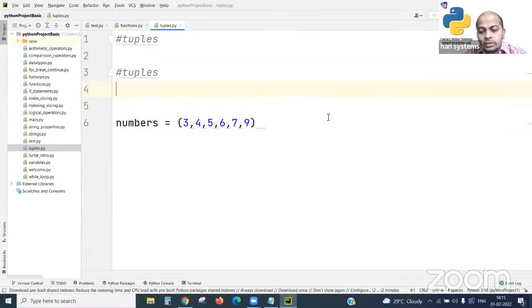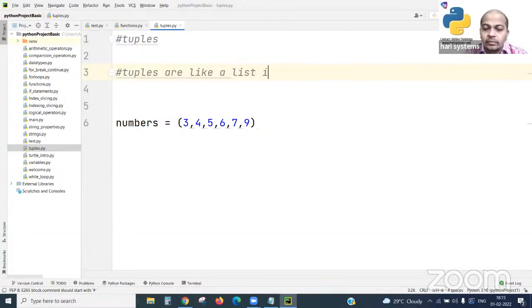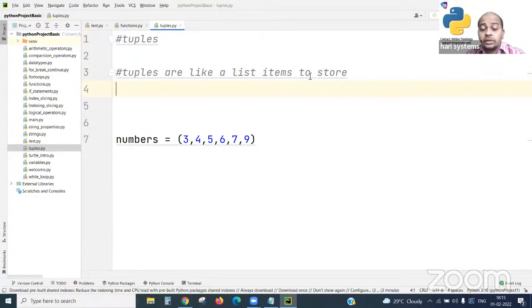Tuples are very important in Python. They are used to store items like a list. Tuples are like list items only. List items are not restricted to a specific data type.